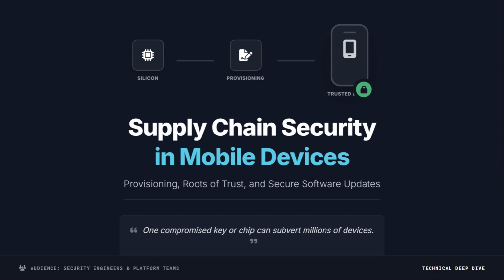Welcome to this technical deep dive on supply chain security and mobile devices. Modern smartphones go through a complex journey before reaching users. From silicon manufacturing to device provisioning and finally software updates, every step in the supply chain can become a potential attack surface. If attackers compromise even a single cryptographic key, firmware component, or hardware chip, millions of devices could be